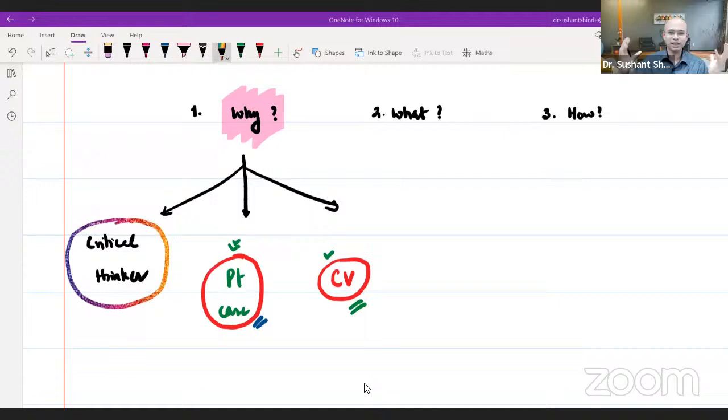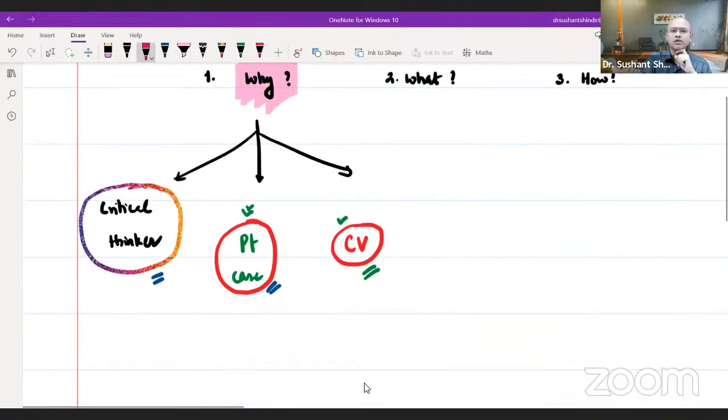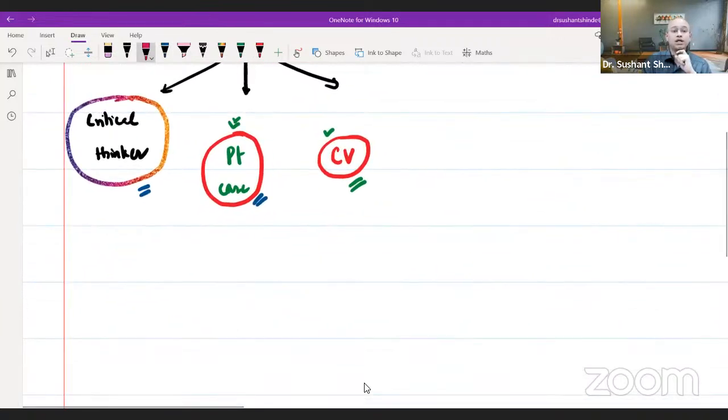Either you will be a dinosaur thinking कि मुझे जो आता है वही सही है, or you will be an advanced thinker who critically challenges every idea that is put across. So one of the big reasons why I think you should be learning this is to become a critical thinker. Now, how will you become a critical thinker if you start understanding research? What would the workshop that is about to happen help you with? Well, one of the important parts of critical thinking, which research is going to be about, is generation of hypothesis.